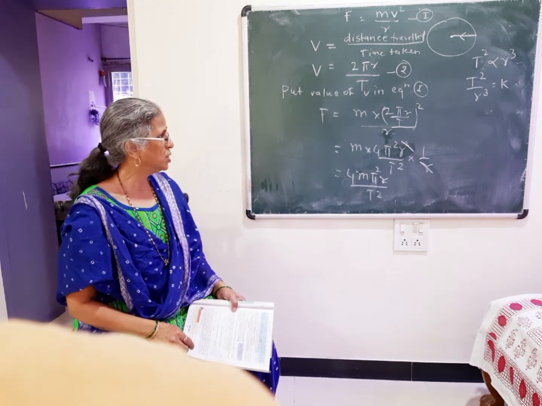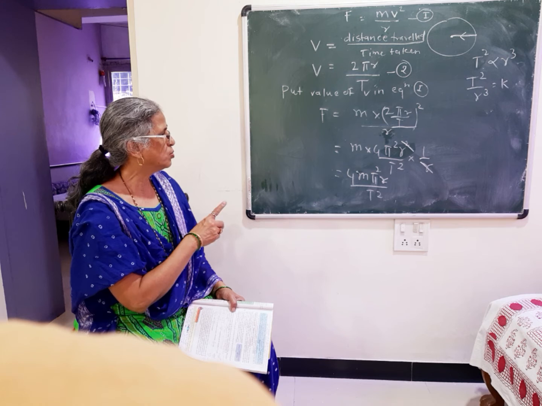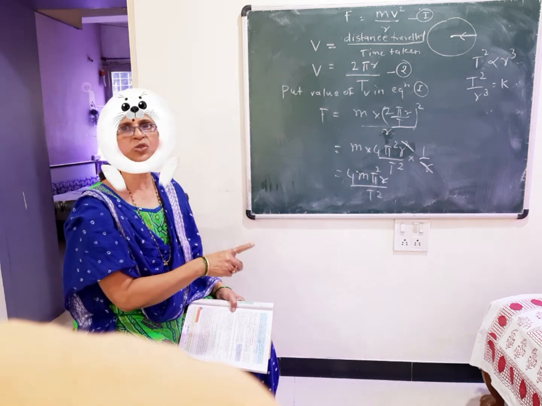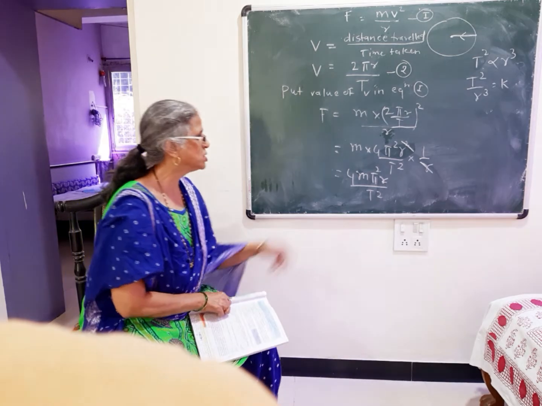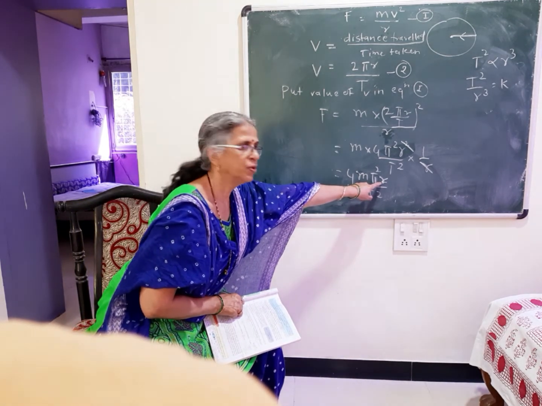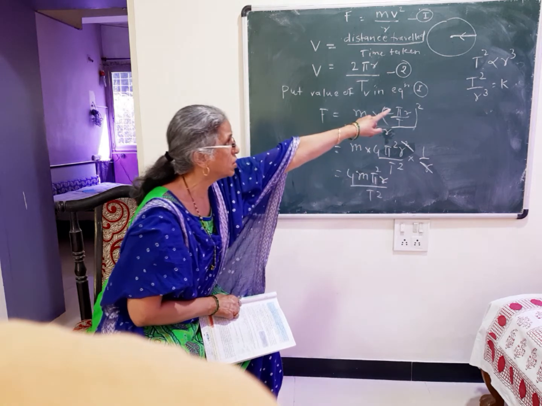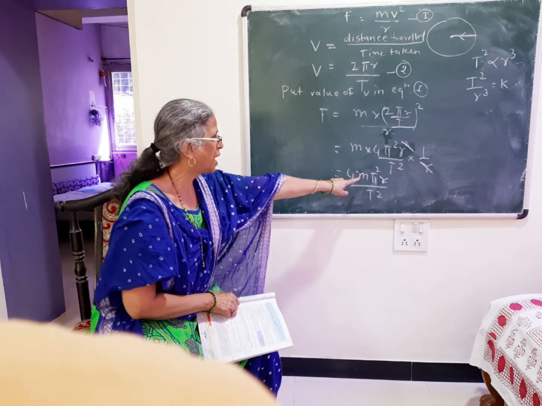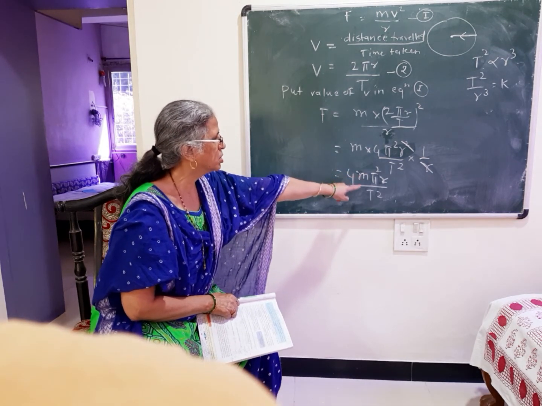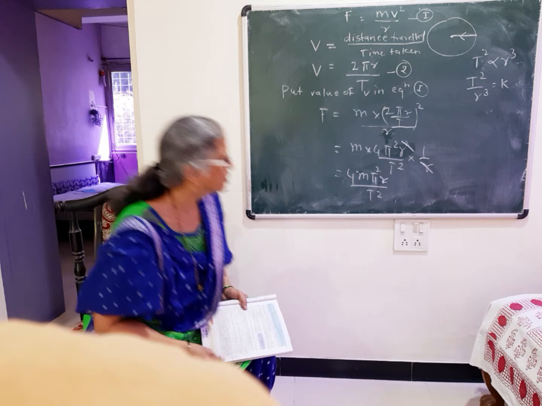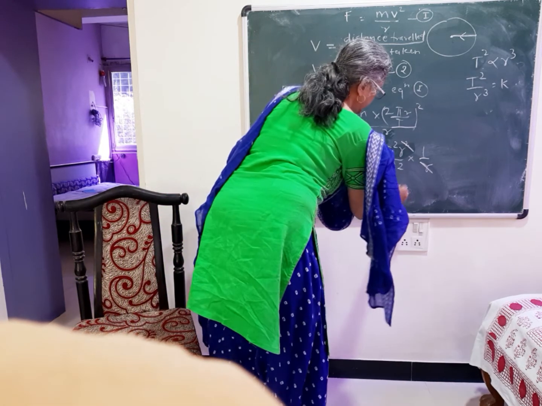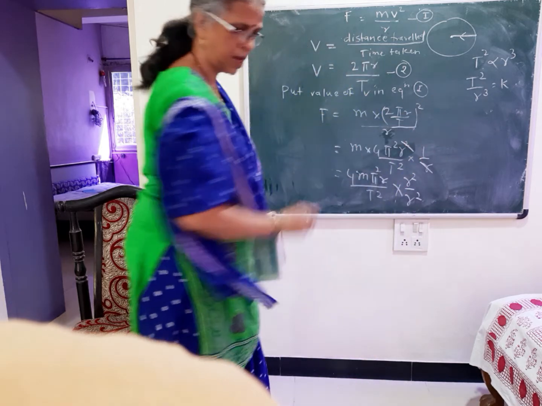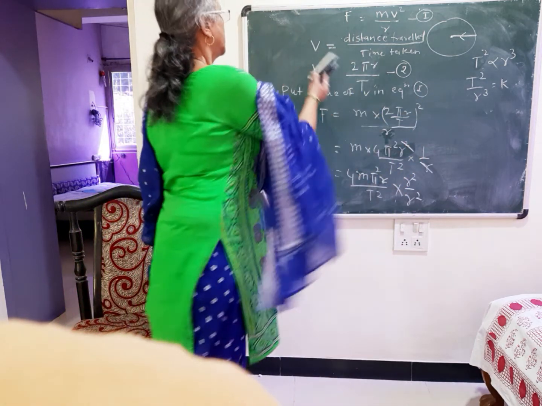Followed? Now in this, we are going to multiply this equation, numerator and denominator, by R square. Why we are multiplying? Because here we are already having R and we want R cube, because in Kepler's third law we have the term R cube. So we multiply at this step both the terms, numerator and denominator, by R square. You have to remember this step. For getting R cube only we are doing this. So what we have now?